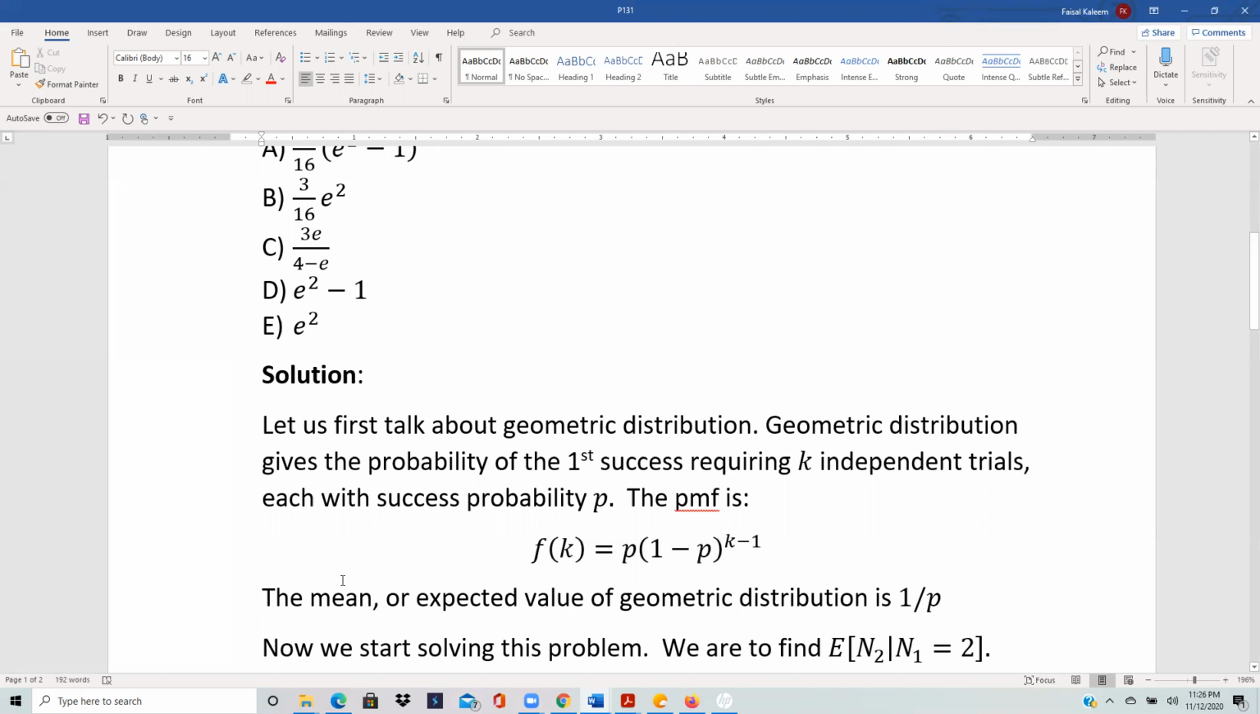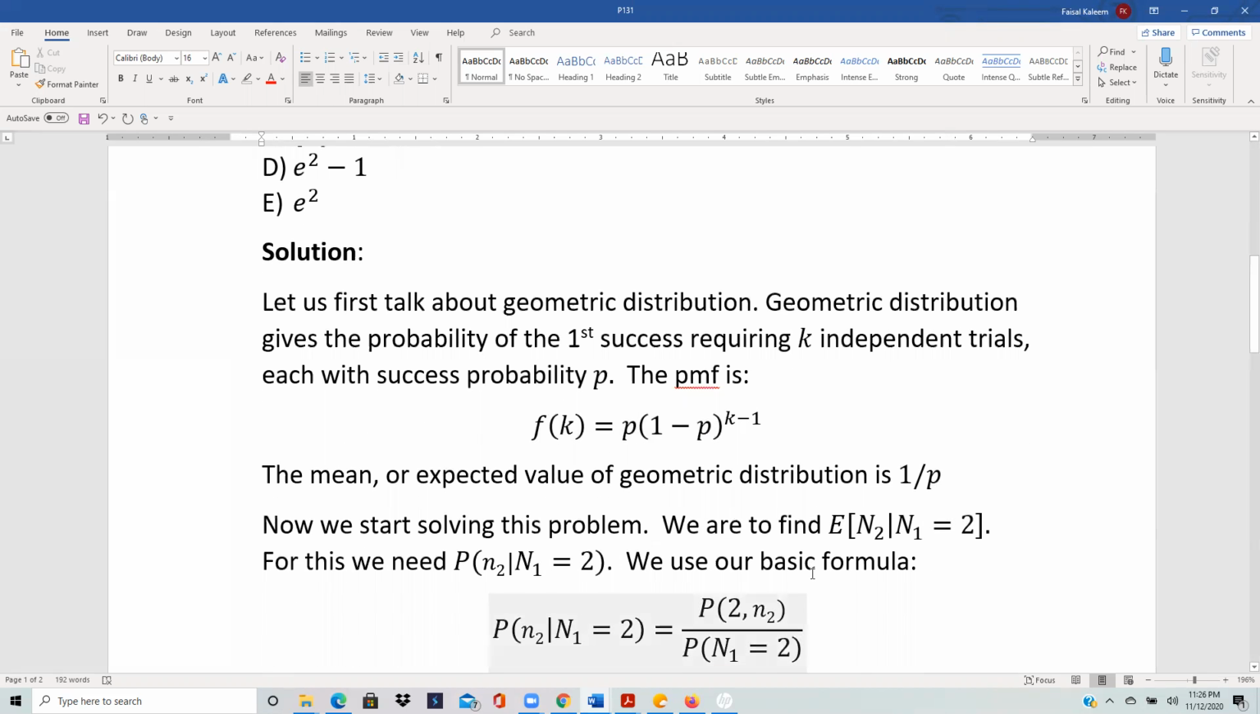Now, another thing to remember is that the mean or the expected value of geometric distribution is 1 over p. So once you know these two things, that a geometric distribution looks like f of k equals p times (1 minus p) to the k minus 1, and its mean is 1 over p, we will see that it becomes extremely easy to do this problem, relatively speaking. So now, as we said, we are asked to find the expected value of N2 given N1 equals 2,